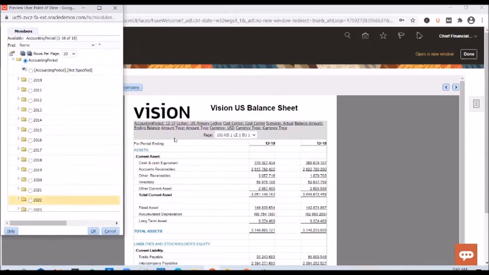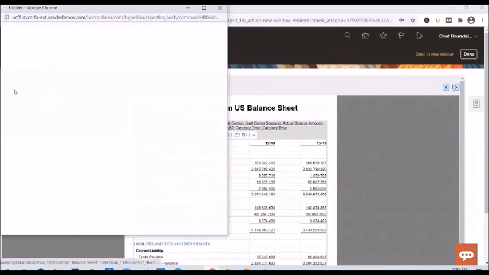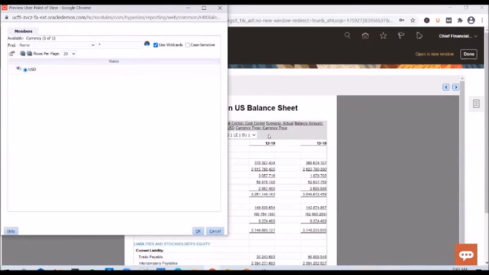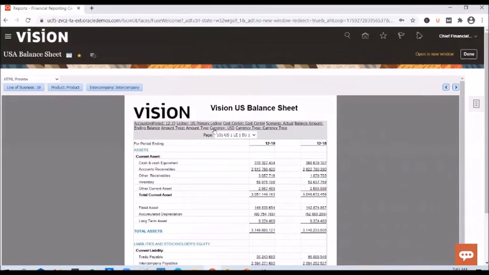So when you define a point of view, you can add a point of view to your report. You can assign default values to points of view like these. And you can also restrict the user from selecting values in the points of view. Say, for example, if you click on currency, you will notice that there is only one option available. You cannot select any other currency. So Oracle would have restricted what values a person running the report or a report viewer can select for currency. Okay, let's see how to put in restrictions in terms of what values the user can select in the points of view.